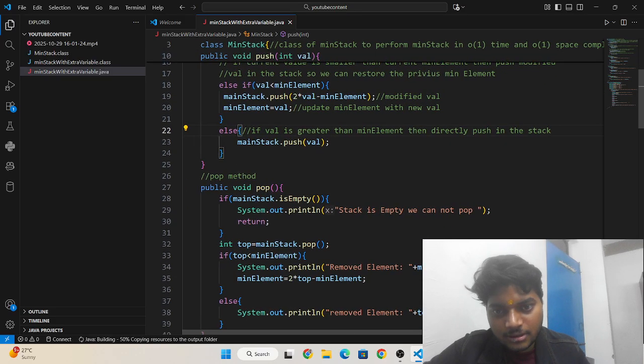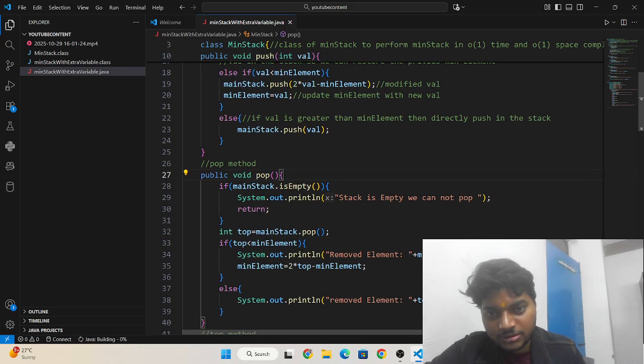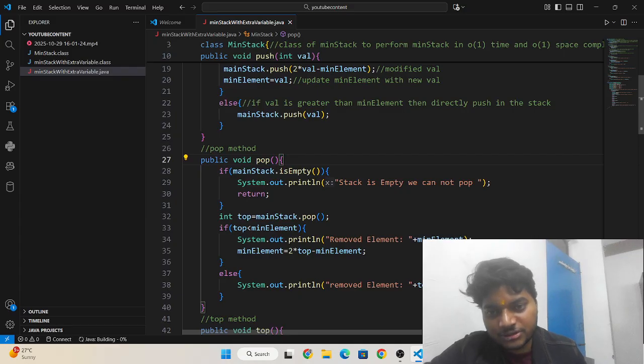Okay, and after that I have performed the pop operation. I have written the method name, pop, with the void return type, which means it will not return anything. It will just perform the operation. Okay, and then I have checked first